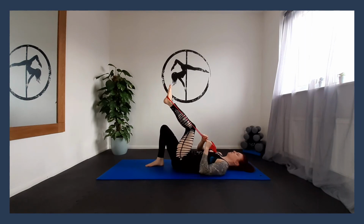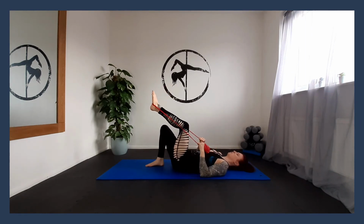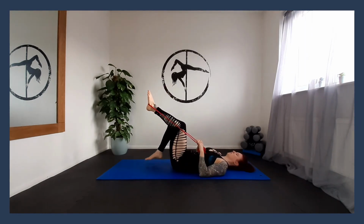So going on to the other side, this is the last one we're going to do now. So just squeezing through the glute and the hamstring on this leg, and we're going to tuck the other one in, push the belly down towards the floor, squishing the back out, and we're going to go